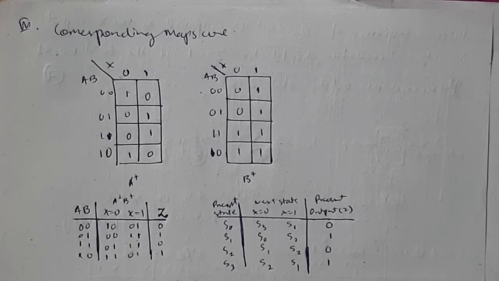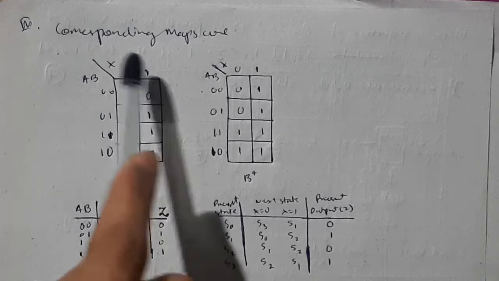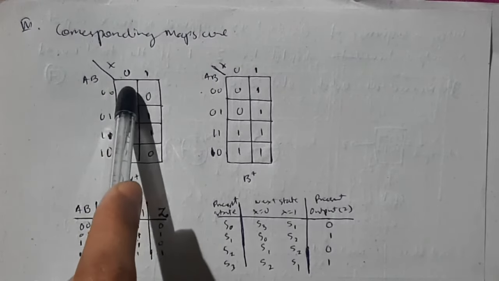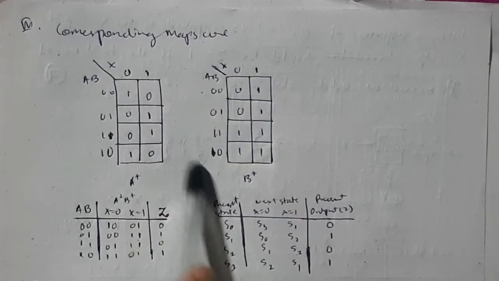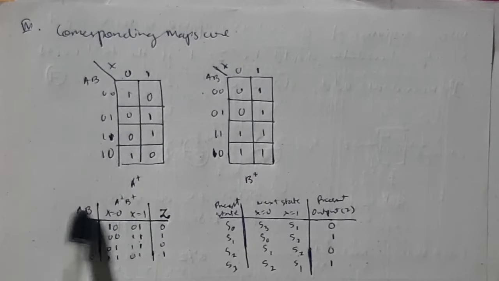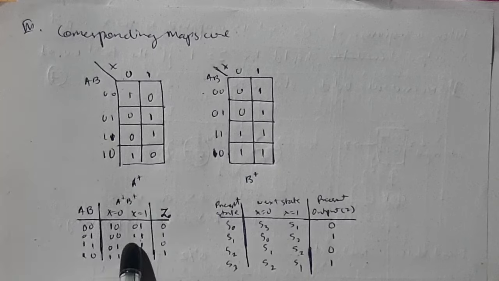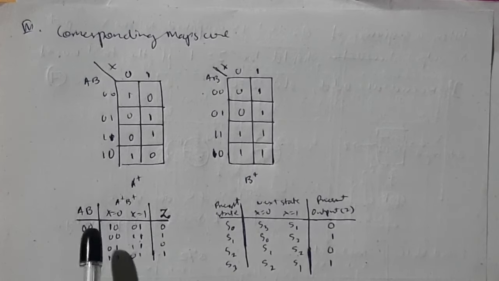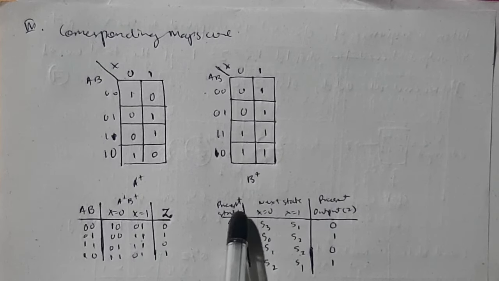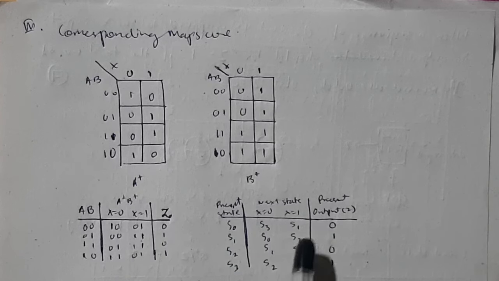Seeing the next state equations, A plus and B plus, you got two equations, right? For A plus, whatever equation you had, put the values of A, B and X, and whatever output you get for A plus, write that here. Make the K-maps for both A plus and B plus. Then fill in these values also: write A, B, X equal to 0, what will be A plus; if X is 1, what will be A plus, and what will be the Z values. This is just a simplified version of this one. 0 0 can be considered as S0, 0 1 as S1, and so on. That will be written in this same form. This is the same table.